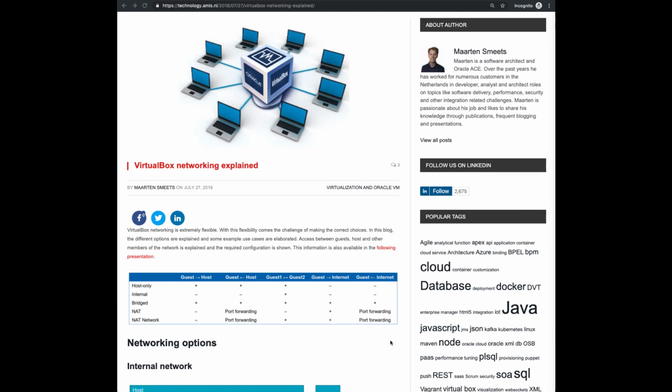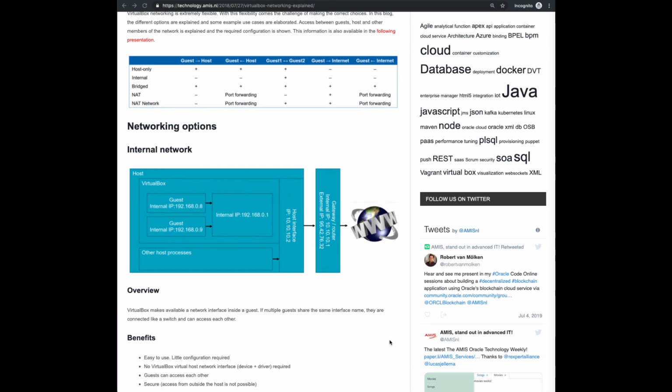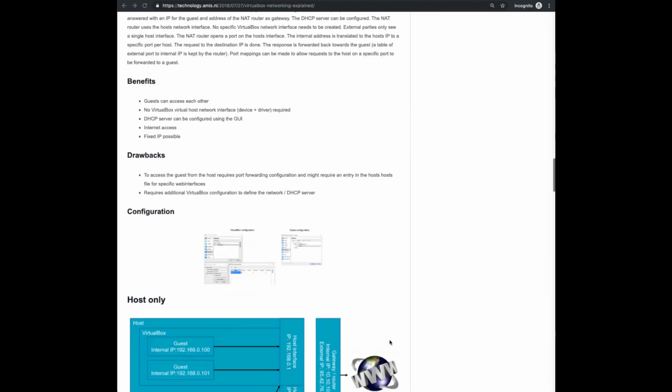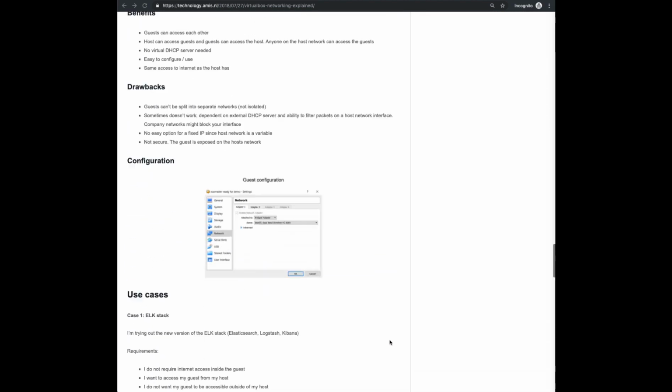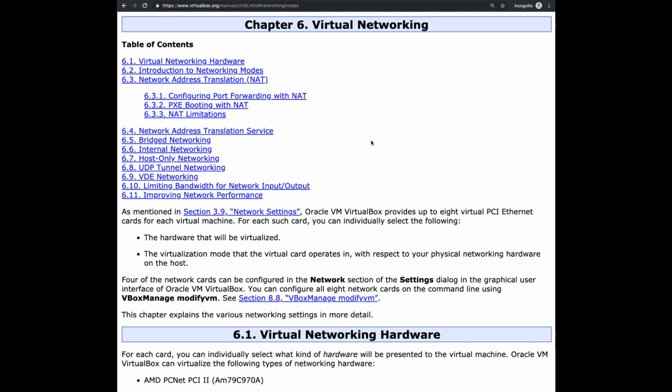Another article is by Martin Smith. It's a perfect condensed summary of networking modes in VirtualBox. It's good to get a helicopter view of it. At the end of this article, we can find a couple of different case studies related to various implementation options. And obviously, another good source is